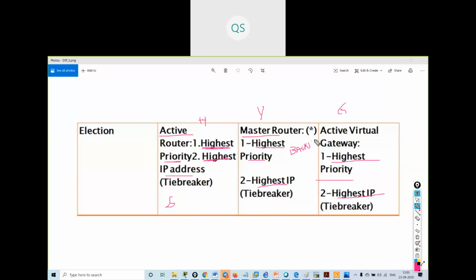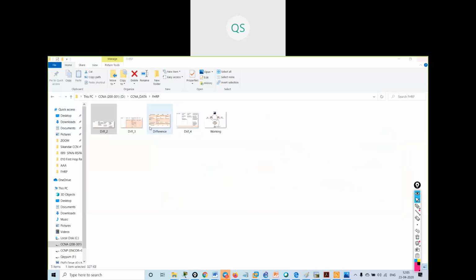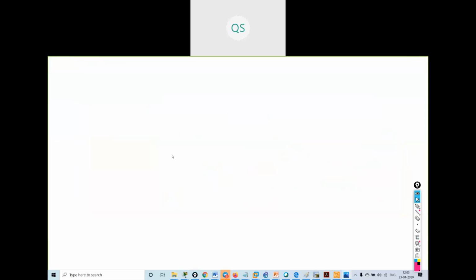The working will be the same, but they will be master and backup. And in GLBP it will be AVG, active virtual gateway, and AVF, active virtual forwarder. When we learn GLBP, we will see what AVG and AVF are. So these are the things we have in the different protocols.